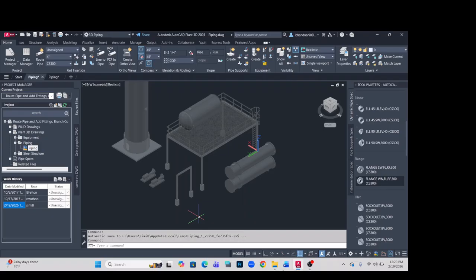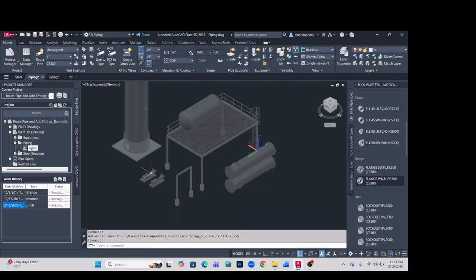Okay, let's begin. I'm going to make sure that my OSNAP is on. So you got your OSNAP on this little flyout. You want to make sure that you got your node checked. You also want midpoint, endpoint, and perpendicular. You can also pick some other snap settings, have them checked if you need to. For now, all I've got is these 4 turned on, and I'm going to start connecting.